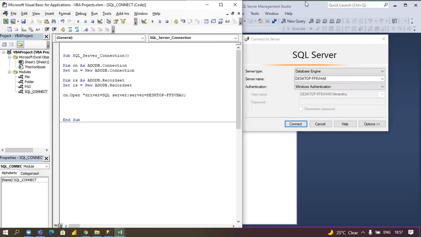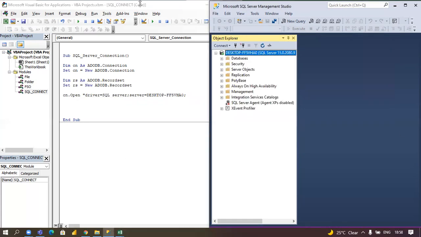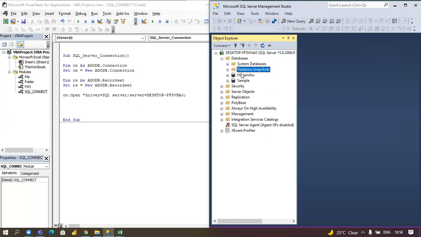First I will connect to the SQL server, then I will explain. Yeah, so here you go. Now the server has been logged in. In a SQL server there are many databases. I have to connect to one, so I click on Databases. You can see there are two databases, Himanshu and sample. I want to connect to Himanshu.